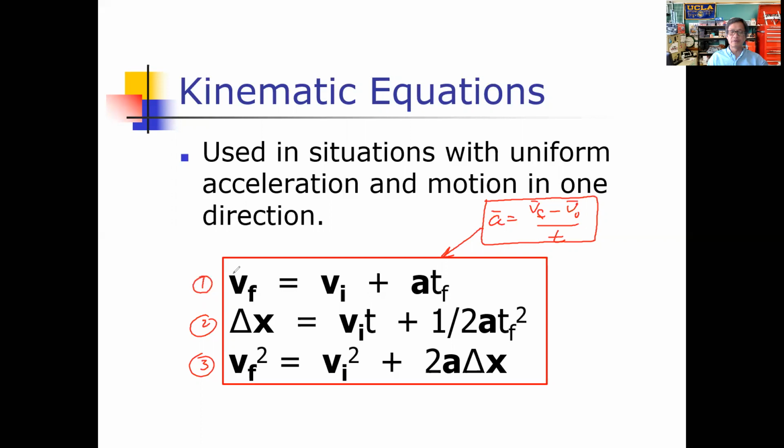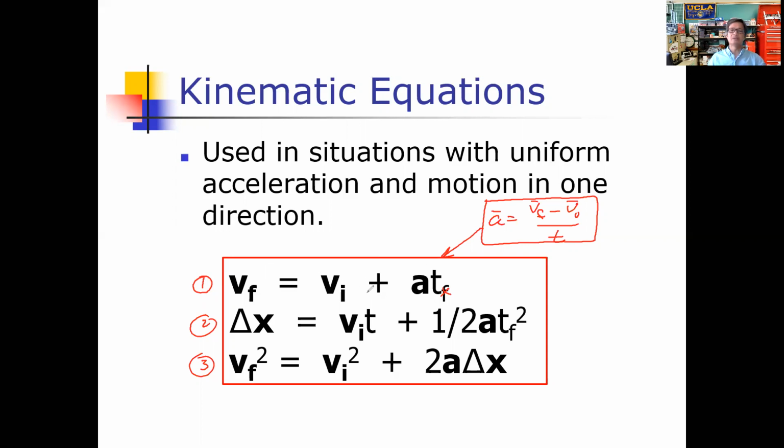We can solve for this particular equation: if we're given 3 of the variables, we can solve for the 4th. So if we were solving for v final like we did in the previous problem, we needed v initial, which we had. We needed acceleration, which we were also given. And then the time. Here, time final, just keep in mind, is just the time interval. And we were given that as well. We can equally use this equation